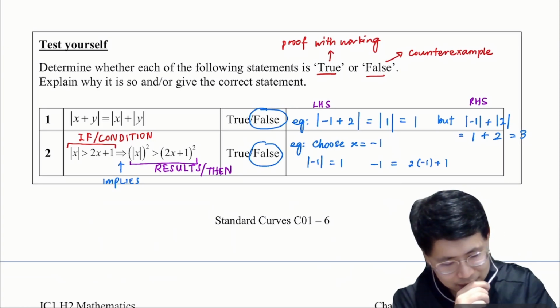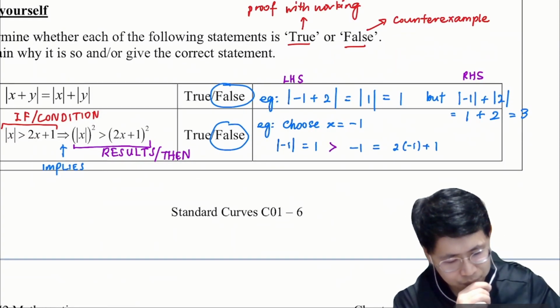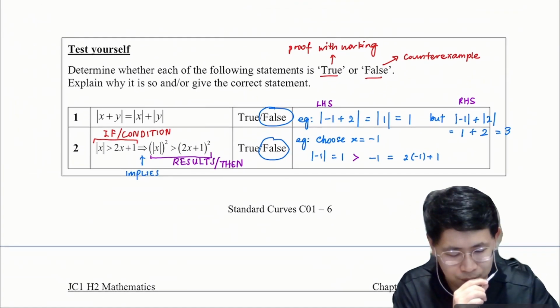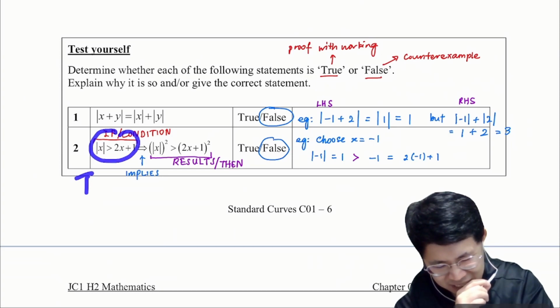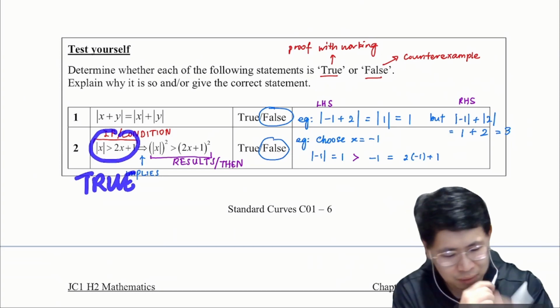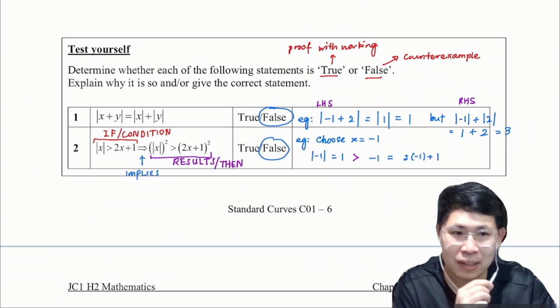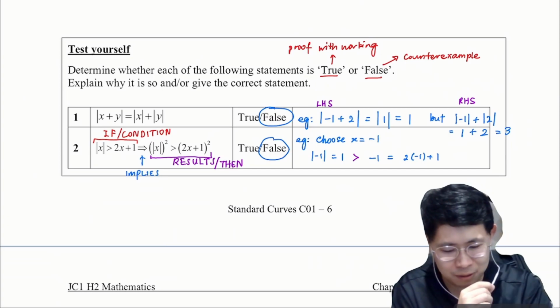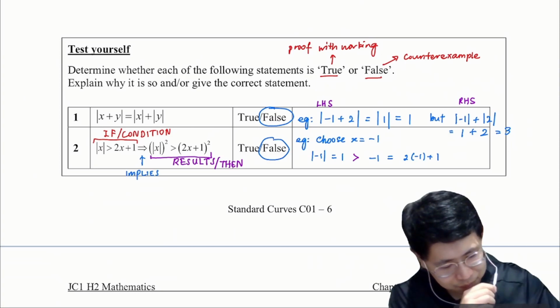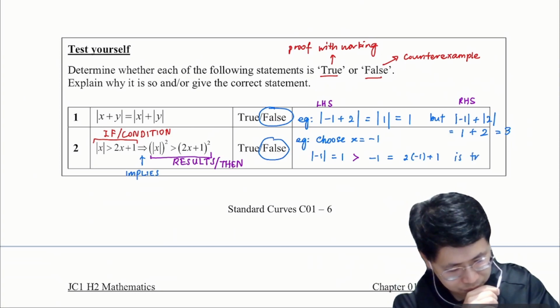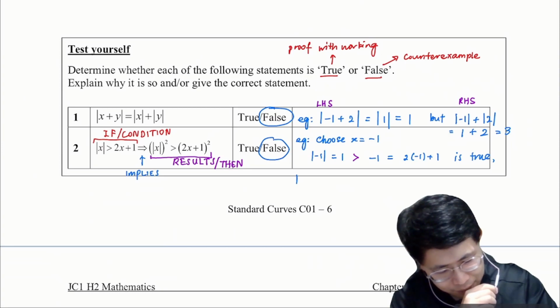And we can see that this is indeed true. Okay, so the left hand side, for this part over here, is true. This is what I'm trying to set up. Then I want to see whether the right hand side is true or false. Okay, this one is true. But on the right hand side,